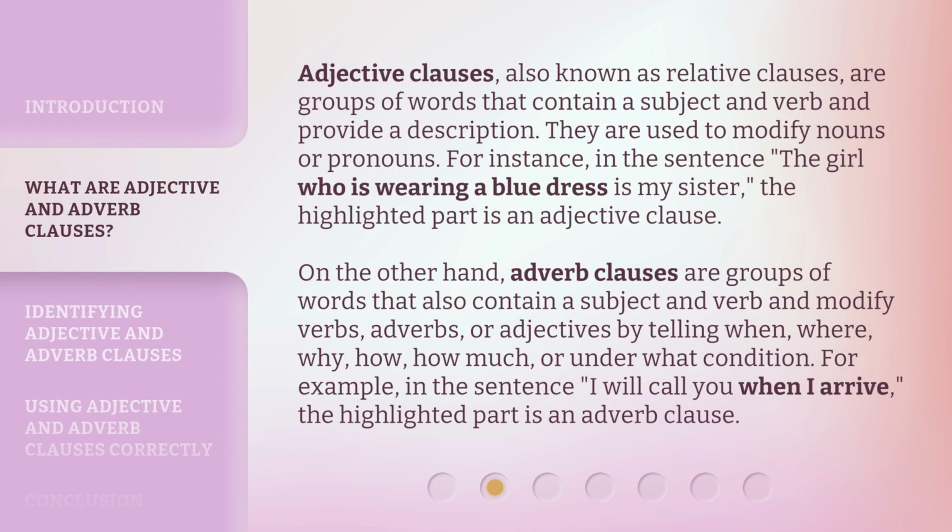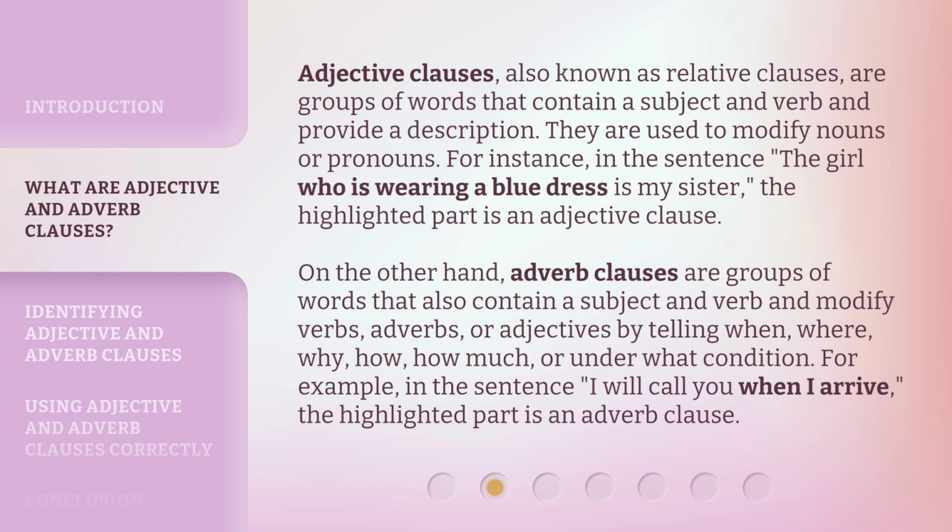Adjective clauses, also known as relative clauses, are groups of words that contain a subject and verb and provide a description. They are used to modify nouns or pronouns. For instance, in the sentence, "The girl who is wearing a blue dress is my sister," the highlighted part is